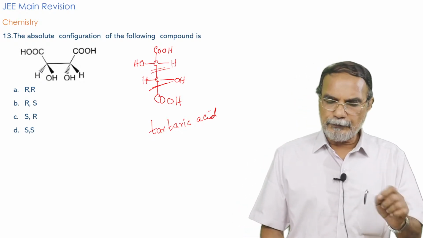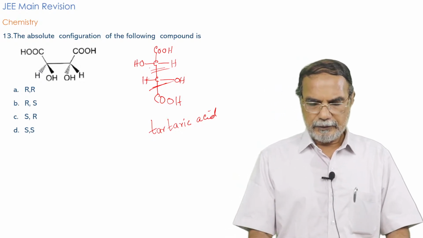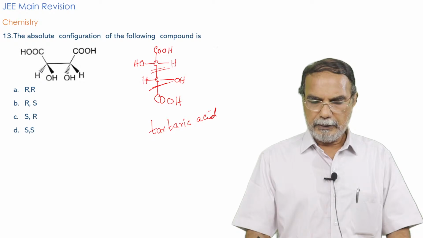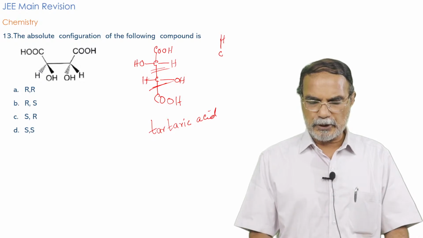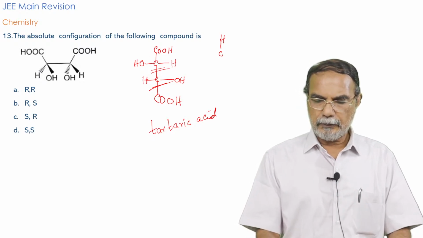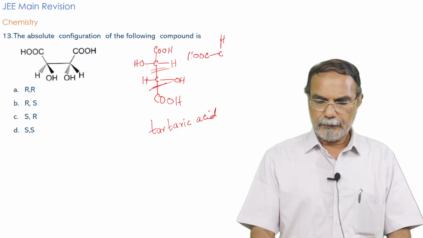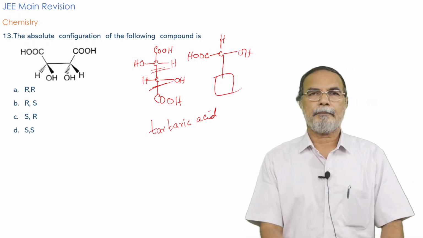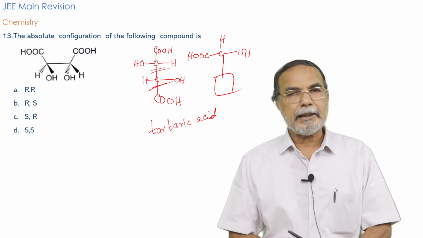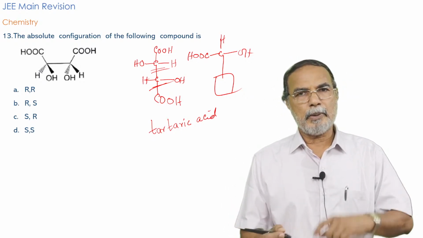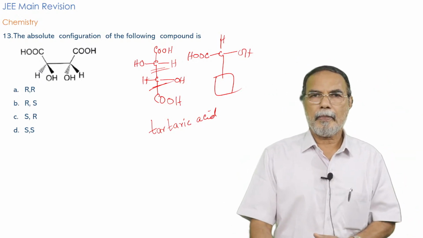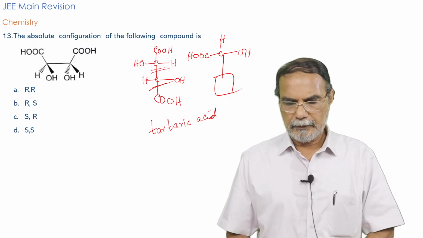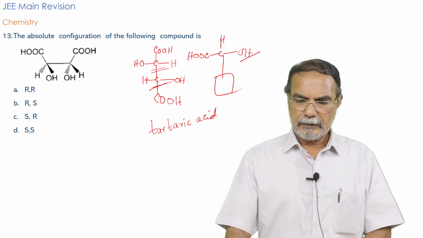So one way of understanding this is to write down the groups about this carbon in such a way that you write the hydrogen on top here, which is possible if you rotate this part of the molecule, and then the OH group will be here and the other group will be here. And in that case, remembering the priorities of groups, in the molecule, the priority is for OH,